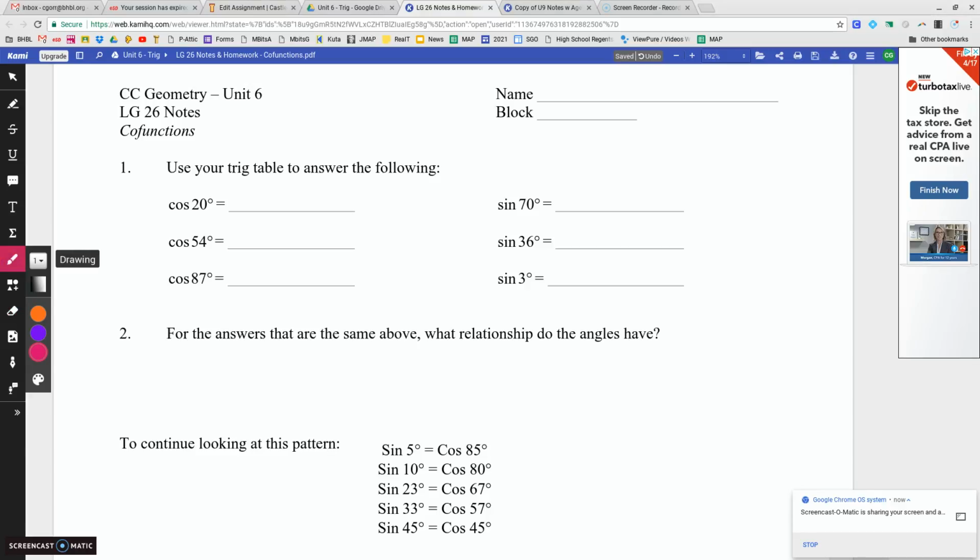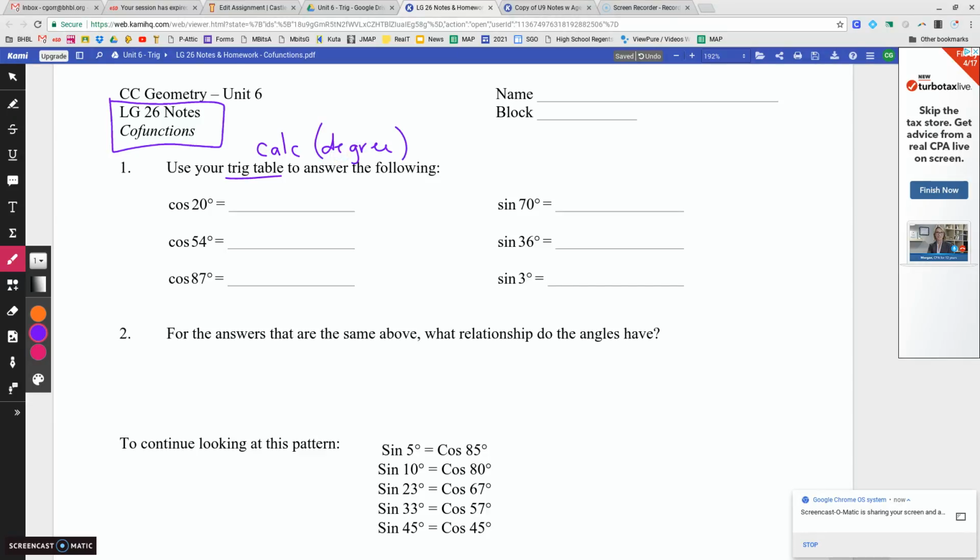Hello everybody. Today we're going to be talking about our LG 26 notes. We're going to be talking about our trigonometric cofunctions. So I'm going to have you use either your trig table or your calculator, as long as your calculator is set to degree mode,